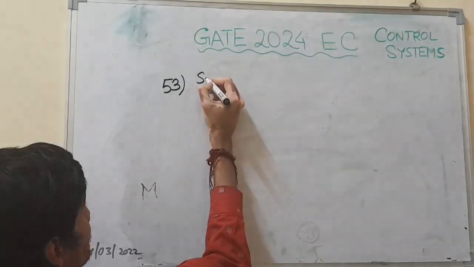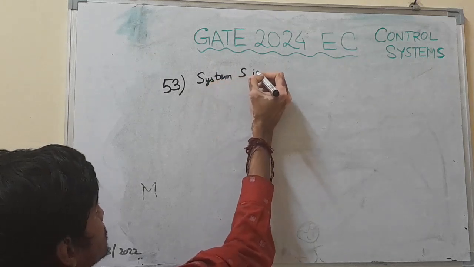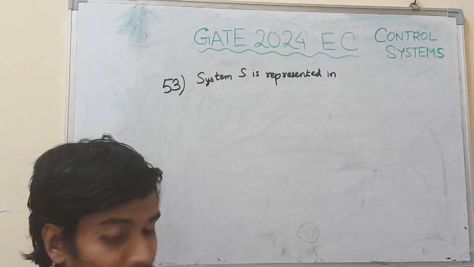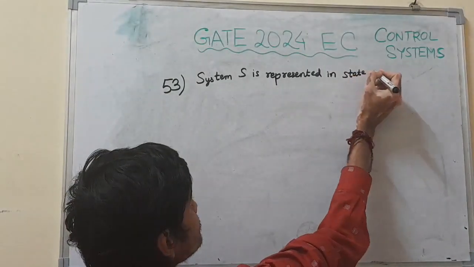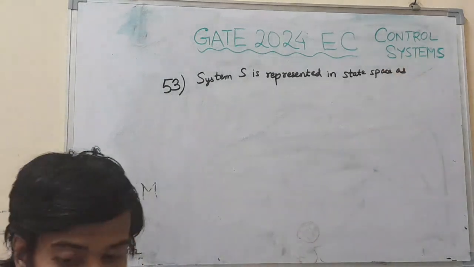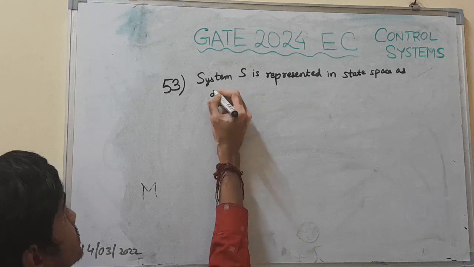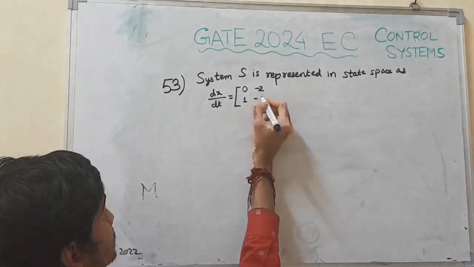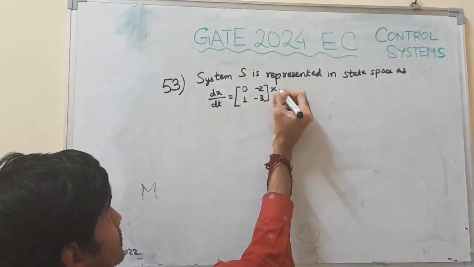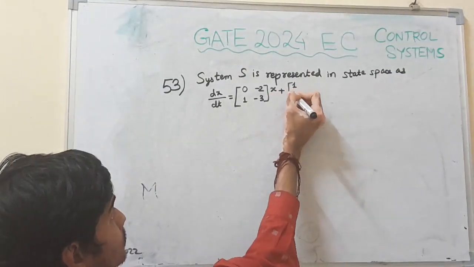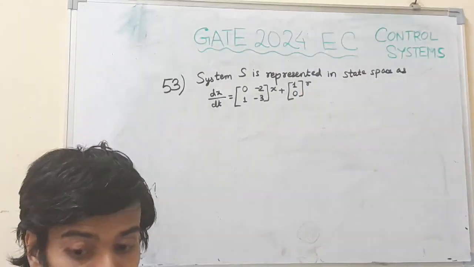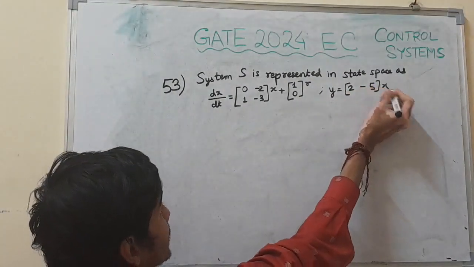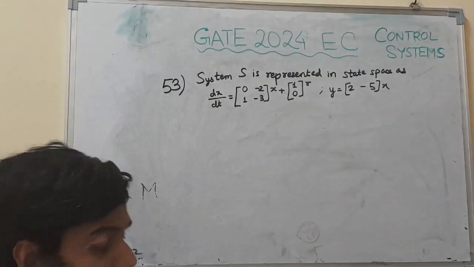System S is represented in state space as dx(t)/dt equal to [0 1; -2 -3] x plus [1 0]ᵀ r, and y is given as [2 -5] x. It's basically given, and the question asked is